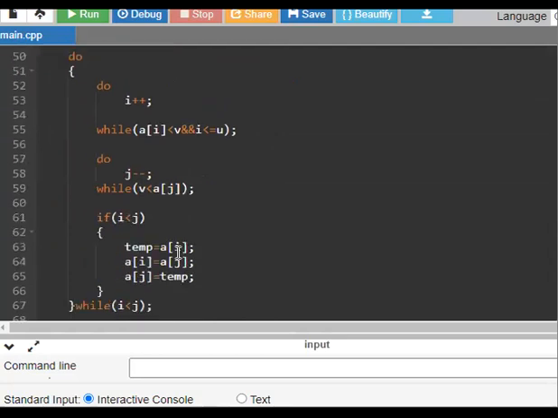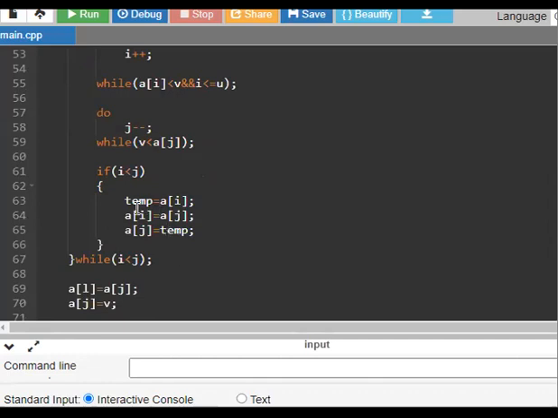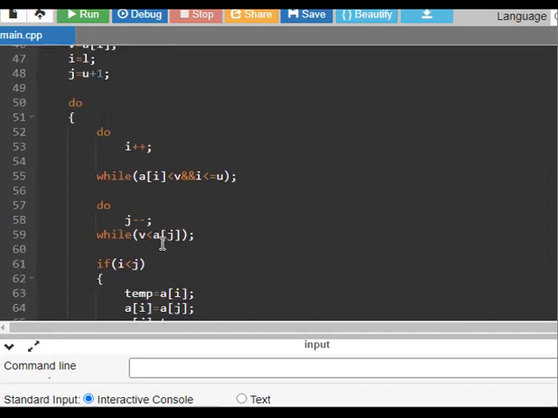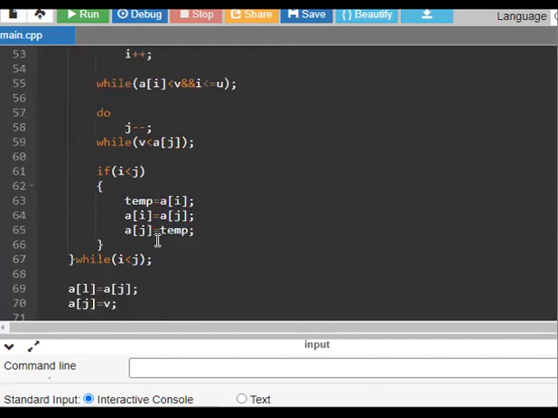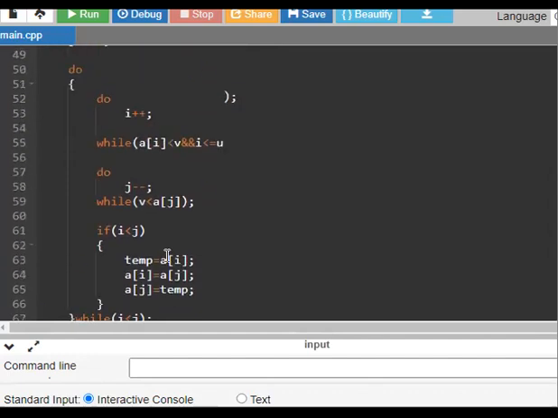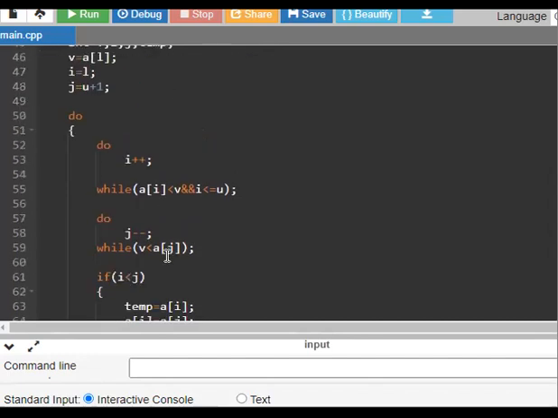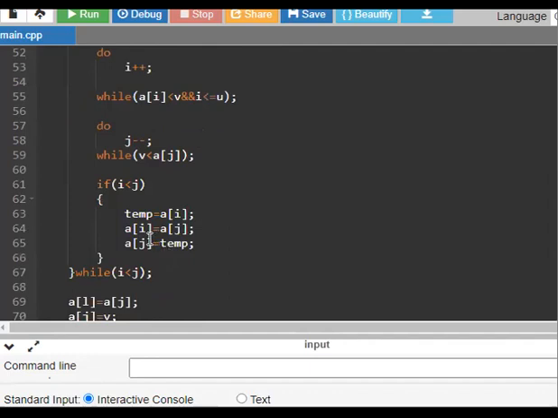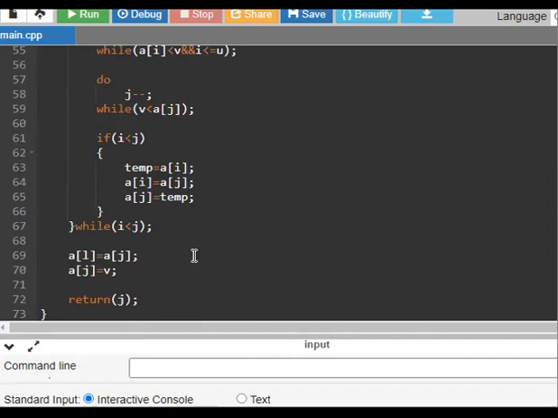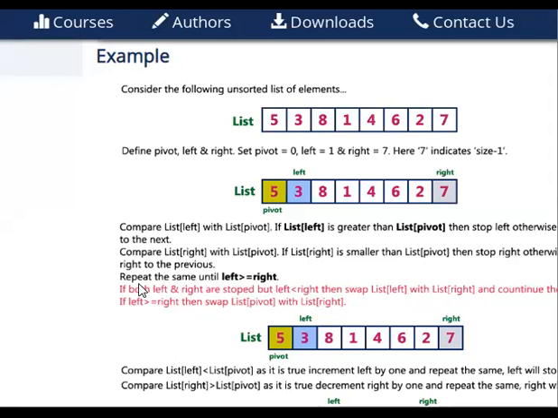In the partition process itself, if the ith value is greater than the pivot value and the jth value is less than the pivot, they are swapped. Then the sorting is repeated continuously until the left position is greater than or equal to the right.